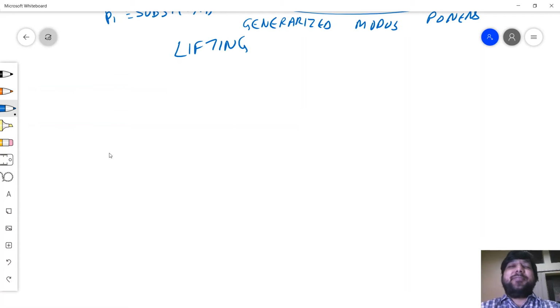Let me just give you one concept. How did first order differ from zeroth order? They were for all and there exists. And generalized modus ponens, what did we do? We will make some substitution such that after substitution, whatever we have as the premises are known to be true in the knowledge base, or they are equivalent of something which is in the knowledge base.